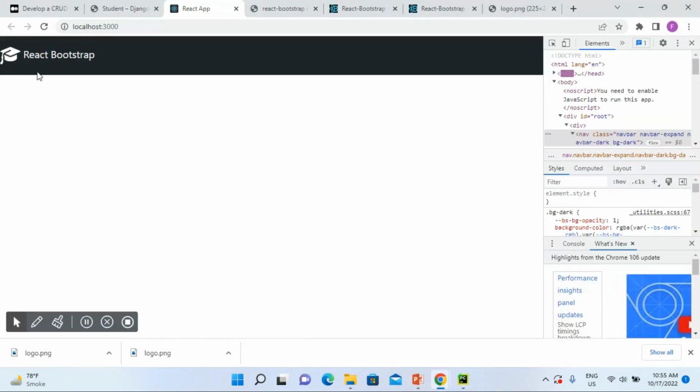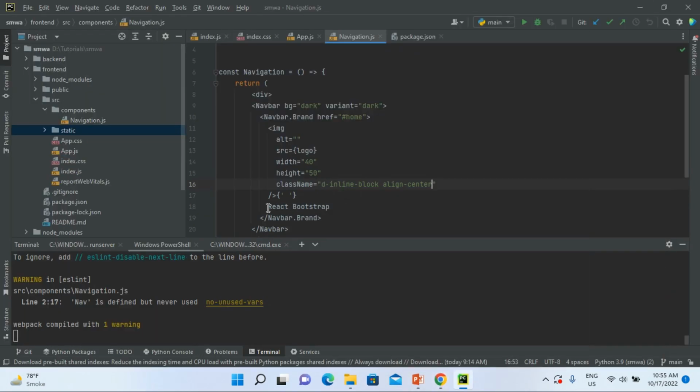Yep. Now it's aligned with my text. The next thing is I'm gonna change this to student management application. And here I'm going to just move it,